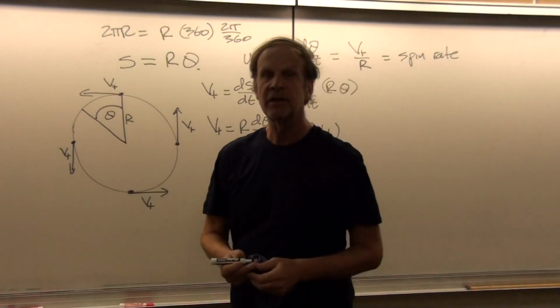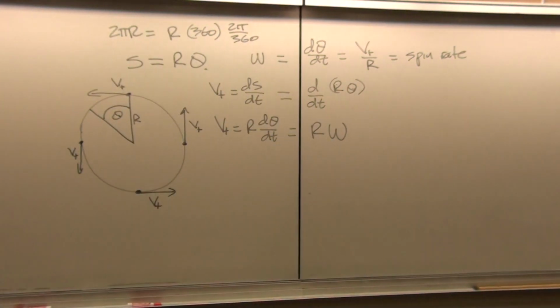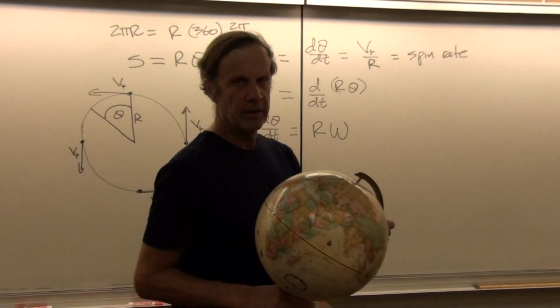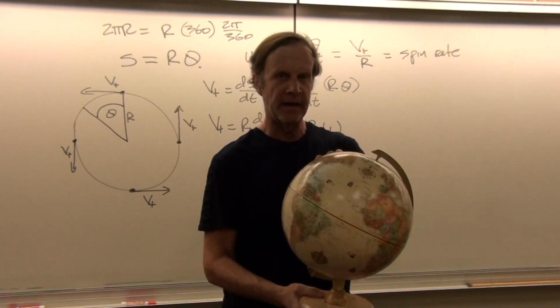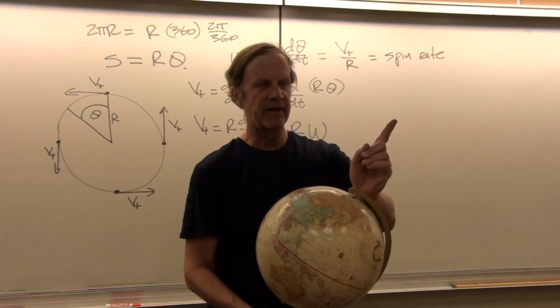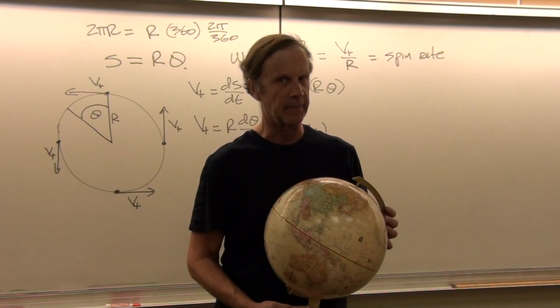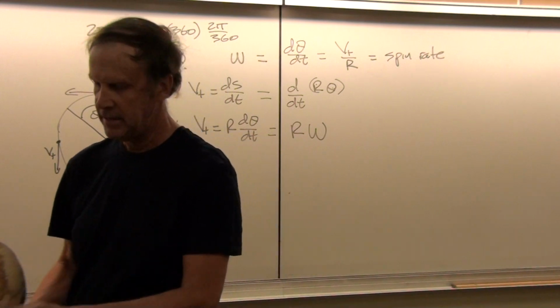And so what would be some omega values for different objects? Here we have the Earth. Okay, and so we have an omega for the Earth. As the Earth rotates, we have an axis that we can consider to be the direction of omega. Now, how do we get that?